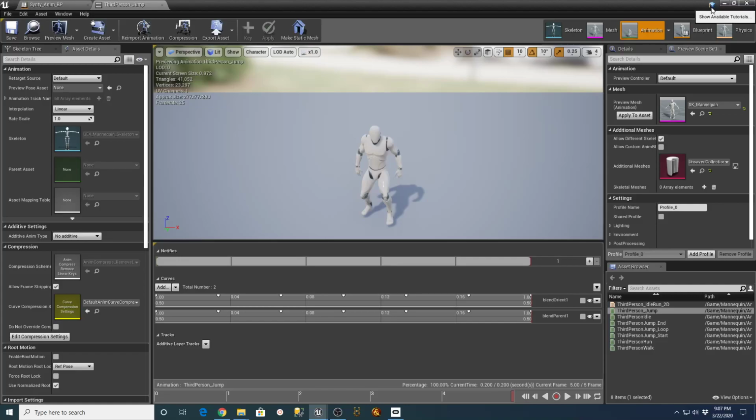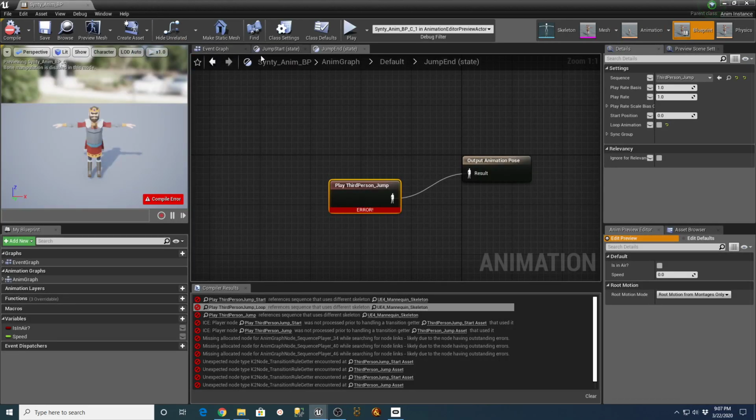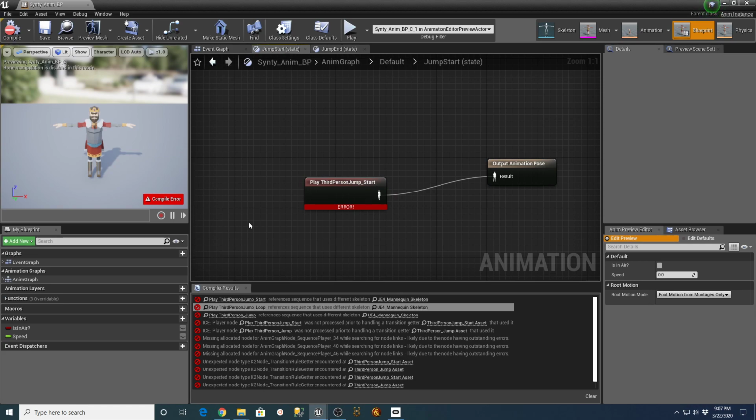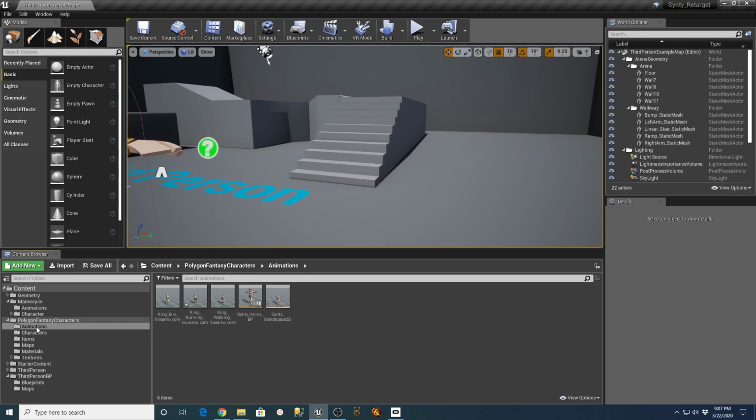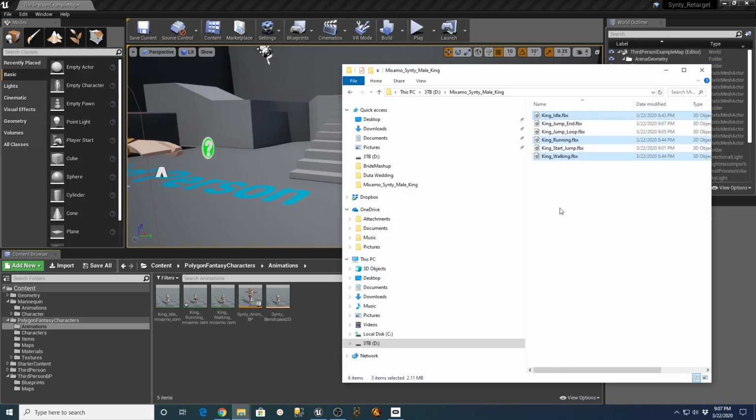And let's go into our folder now, and we want to go back to our animation folder. So let's close this. I got my animation folder for my Polygon Fantasy character, and I'm going to pull up my jump end, jump loop, and start jump.